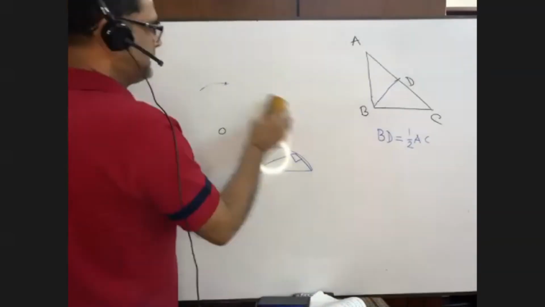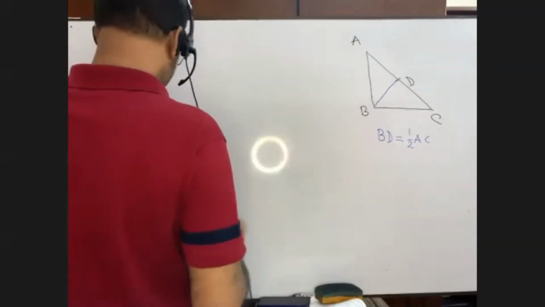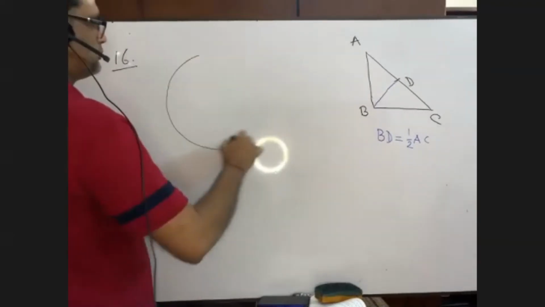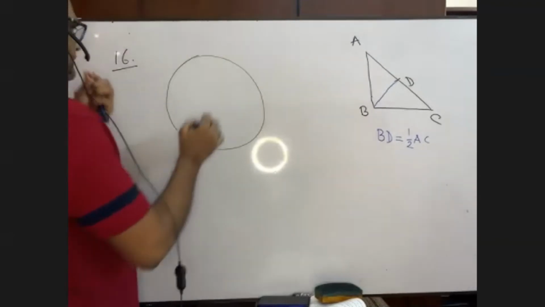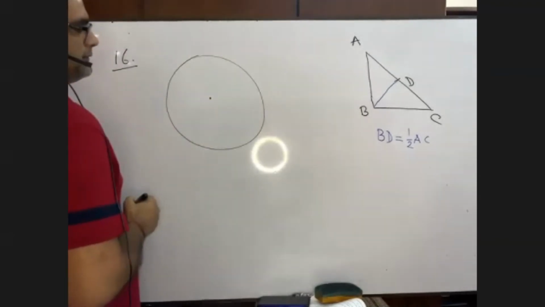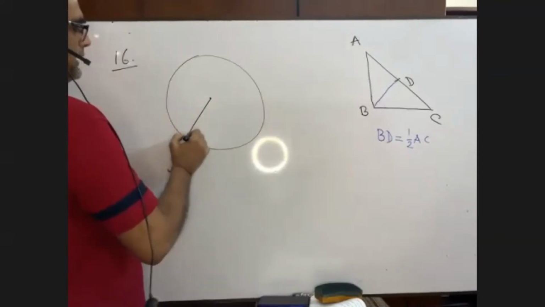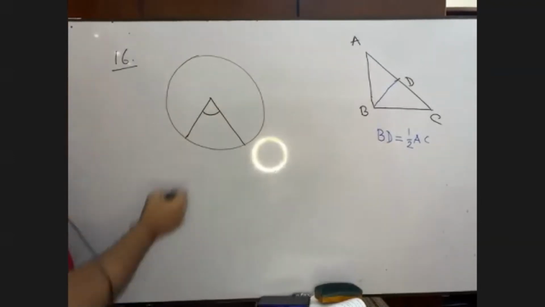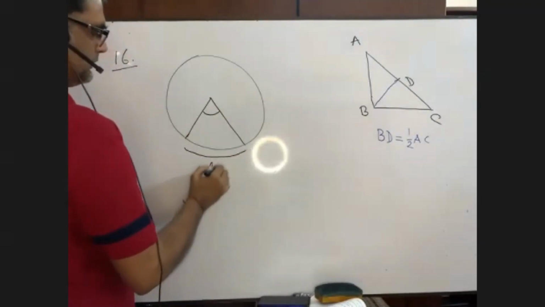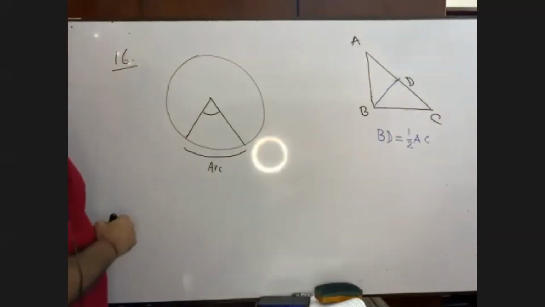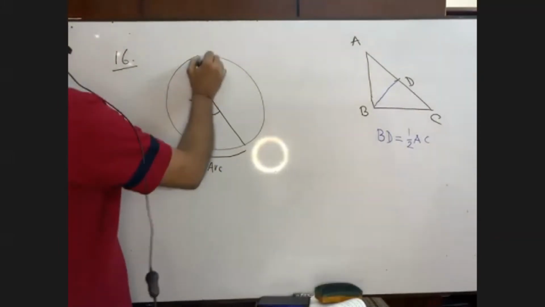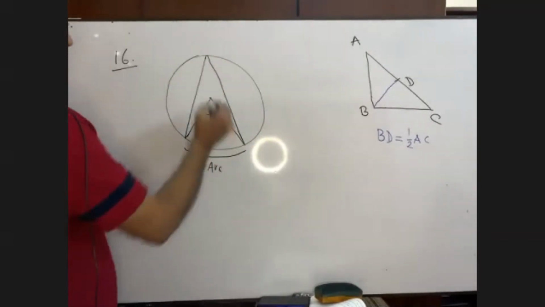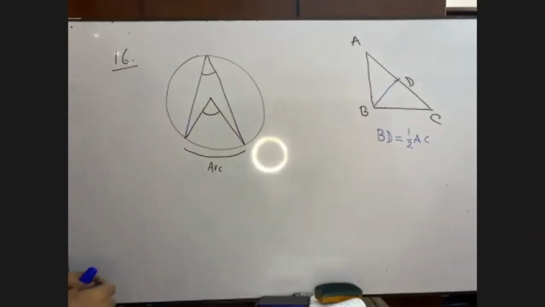Okay, if you want to know, I can tell you. There is a formula in your book, but you have not come up to that formula. Suppose this is a circle, this is the center. So this is the angle at the center, right? We have the same arc, so we can take another angle at the circumference standing on the same arc.